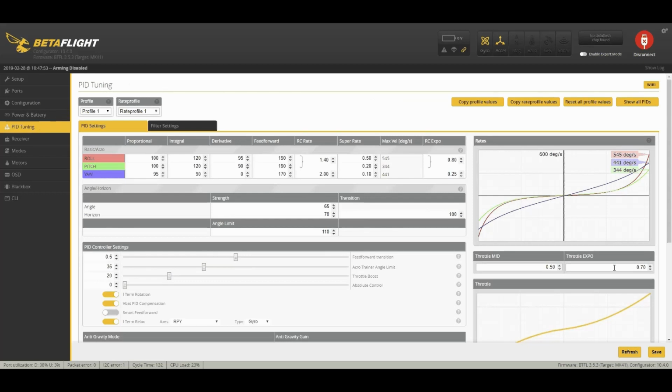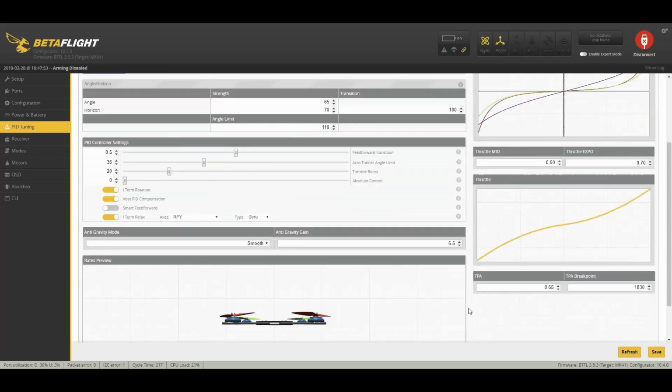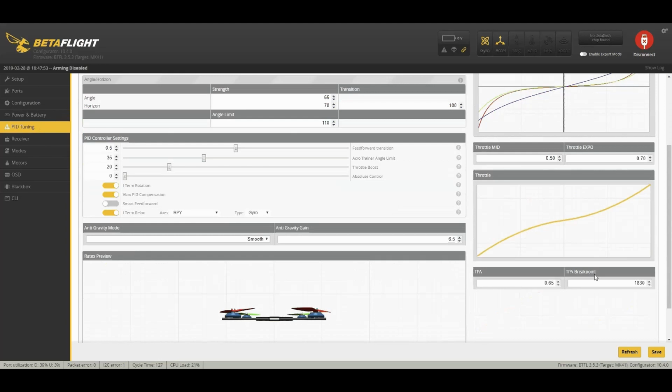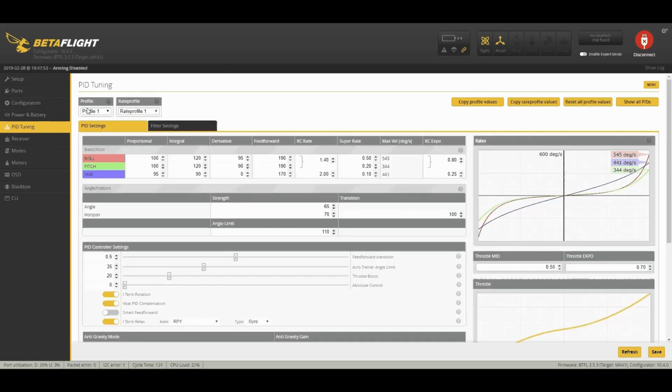I have been playing around with the FPV camera angle mode, so it's like acro with a little bit of an adjustment for your camera angle. You can learn about that if you want to, but these are my settings. Most people are going to fly angle or acro, which is generally what I fly. So rate profile 1 is for angle mode, and as you can see, I have certain settings set up throughout this to tailor it for angle, and within Betaflight from my previous video, if you have it set up on a switch to change between angle mode and rate mode,